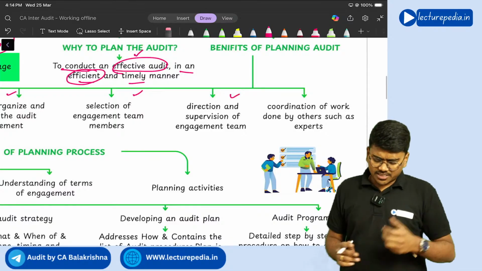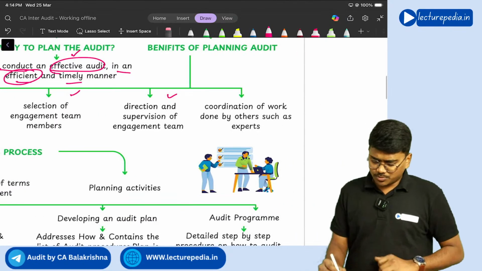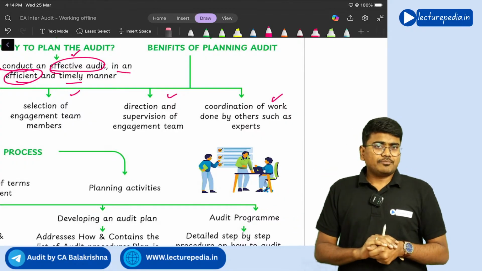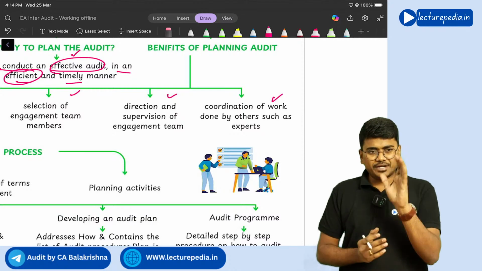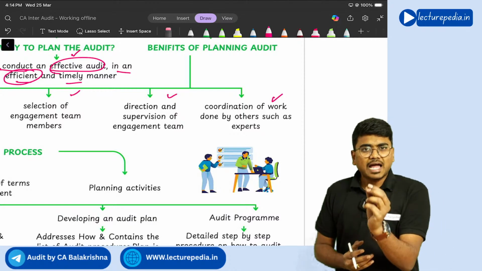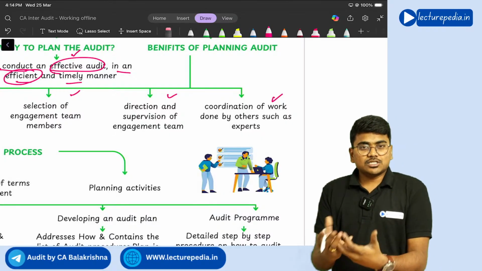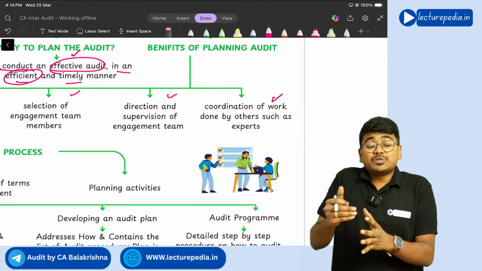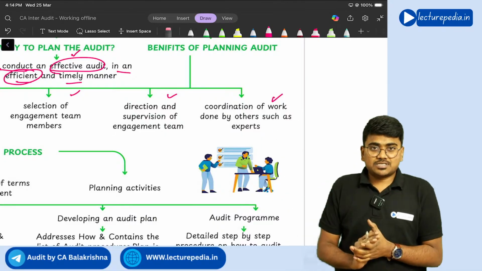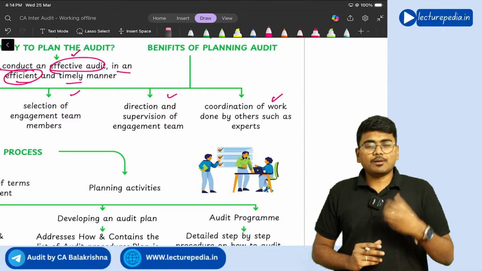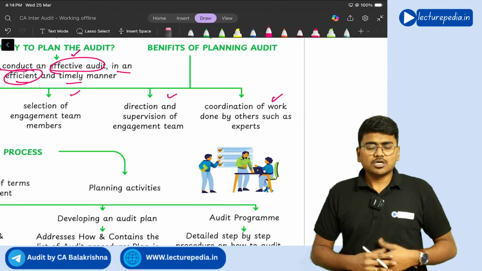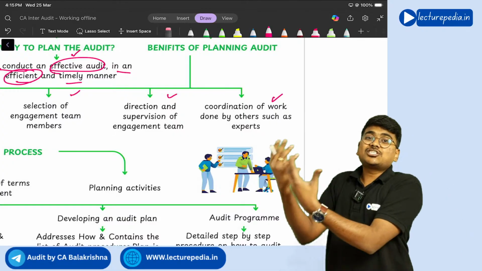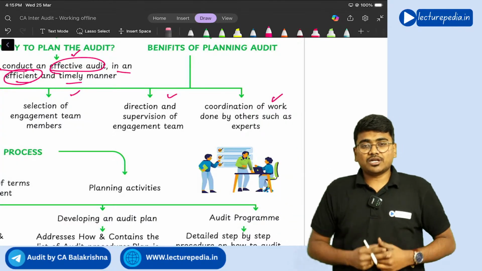And next, direction and supervision of engagement team, yes, it is also possible. And coordination of work done by others such as experts. See, auditor is not an expert in all areas. Auditor is expert only in accounting and auditing. While conducting the audit, there will be various areas where the auditor might be required to take help of experts. Like for example, gratuity calculation, management would have made a provision for gratuity. Auditor is not an expert in those calculations, so he will appoint an actuary who is an expert in those calculations and provisions,